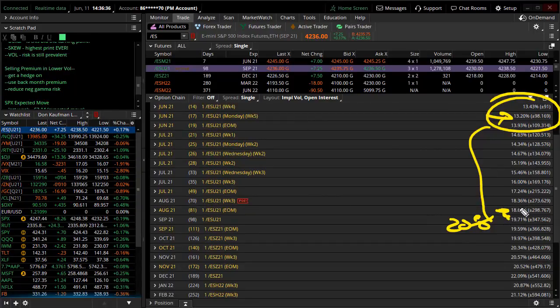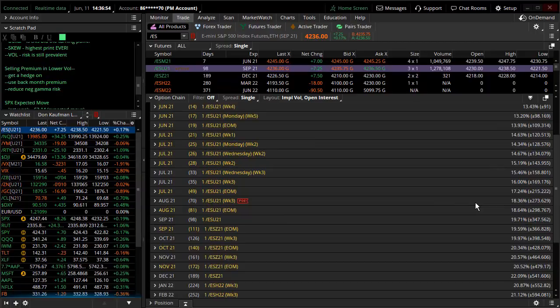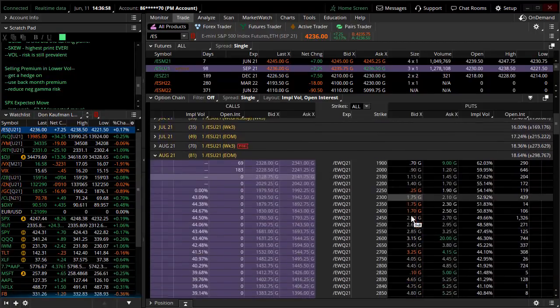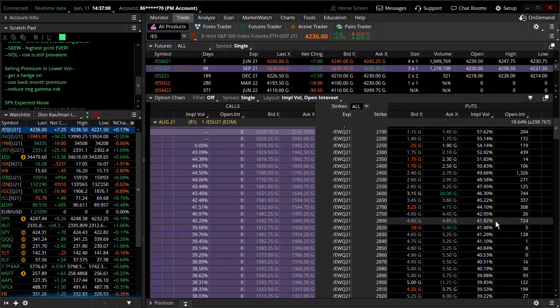You have to remember, though, the juice that you're looking at, like 18 or 19%, is using a VIX-style implied volatility. That's near the money options, meaning that when this calculation comes up with 18%, it's not looking at the way out-of-the-money stuff. When you start opening up 81-day options and go really far out of the money, look at this. You're able to sell like the 2,800 strike for what?